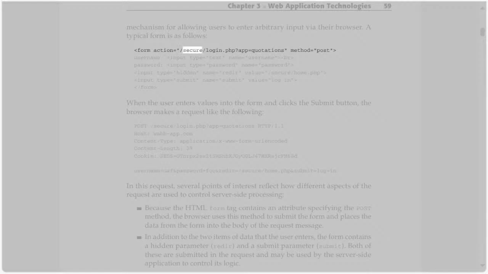<form action="/secure/login.php?app=quotations" method="post"> username: <input type="text" name="username"><br> password: <input type="password" name="password"> <input type="hidden" name="redir" value="/secure/home.php"> <input type="submit" name="submit" value="log in"> </form>